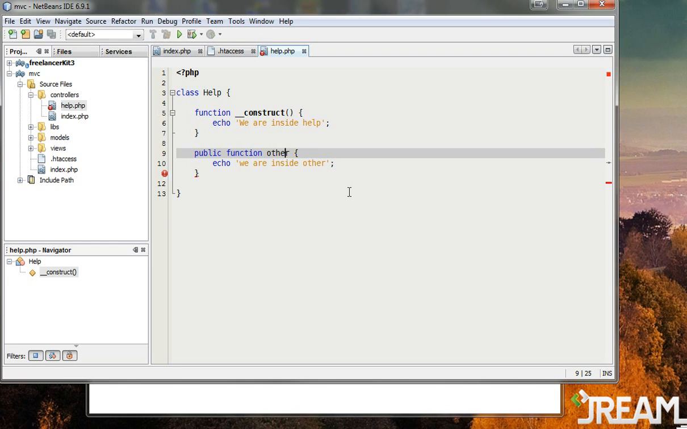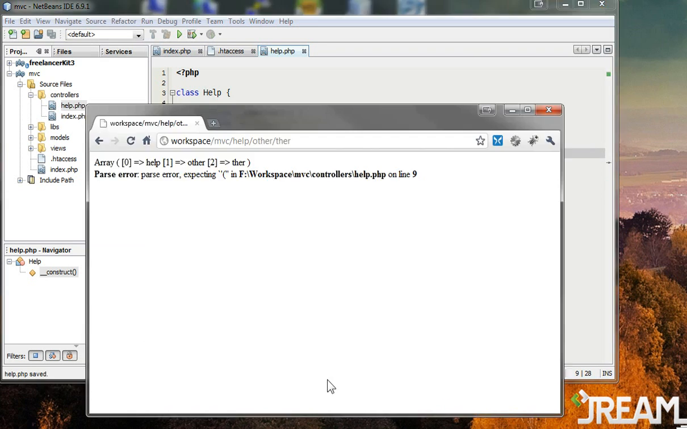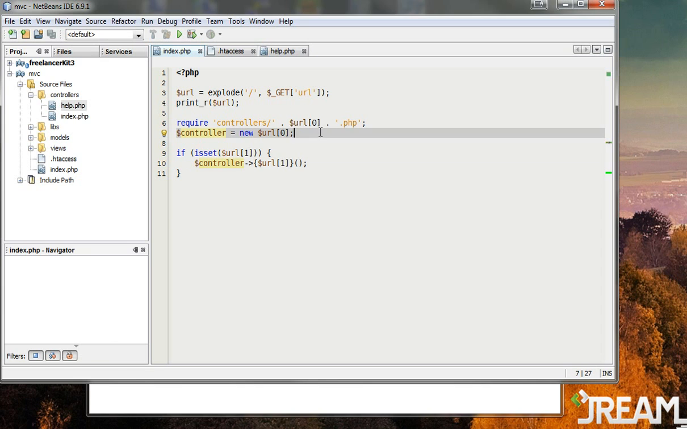I forgot my things. Refresh. And here we are inside the other now method. So, if we wanted to do more slashes, we could repeat the same pattern where we would say